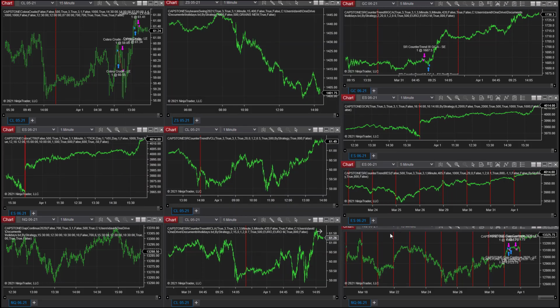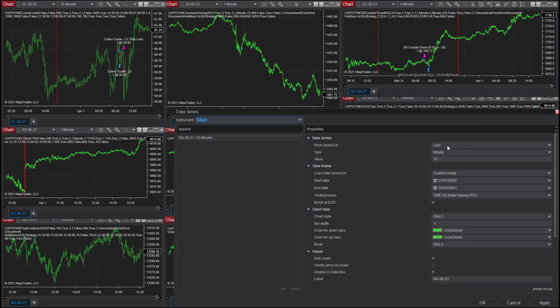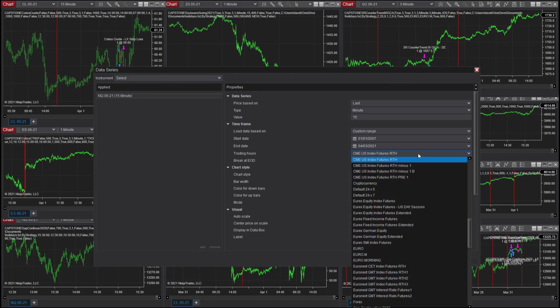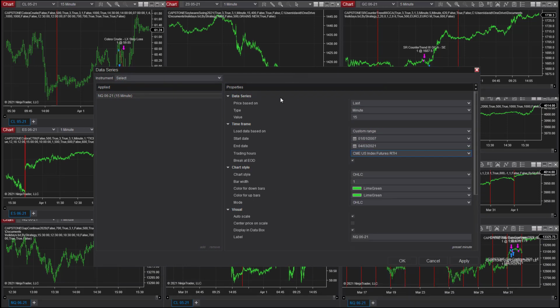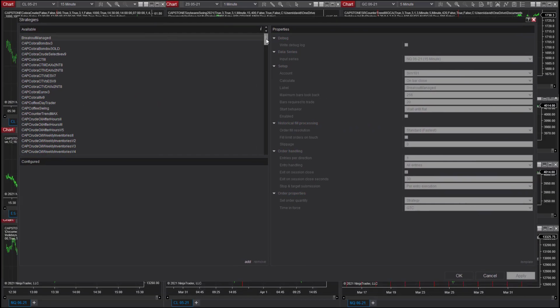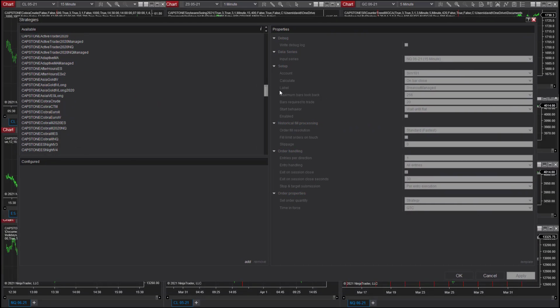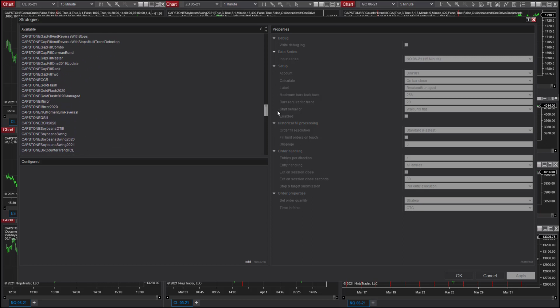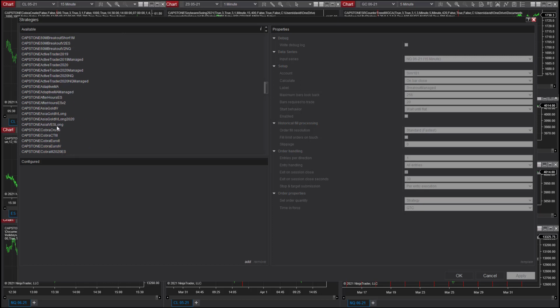So let's take a look here at the last strategy setup. We first look at the data settings, data series, right click, and back to 2007, CME US Index Futures, regular trading hours, and then we go in and add the strategy. Right click, strategies, and there are many options we've discussed on this one. We will go with the default settings first, and then we'll show you the options. You can also trade this on the E-mini S&P, and we will include that if you have this set up. So it would be Capstone, Cobra 3,